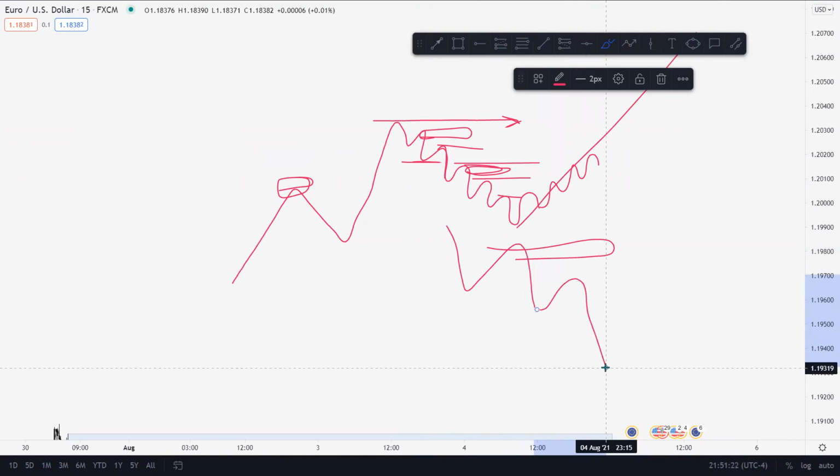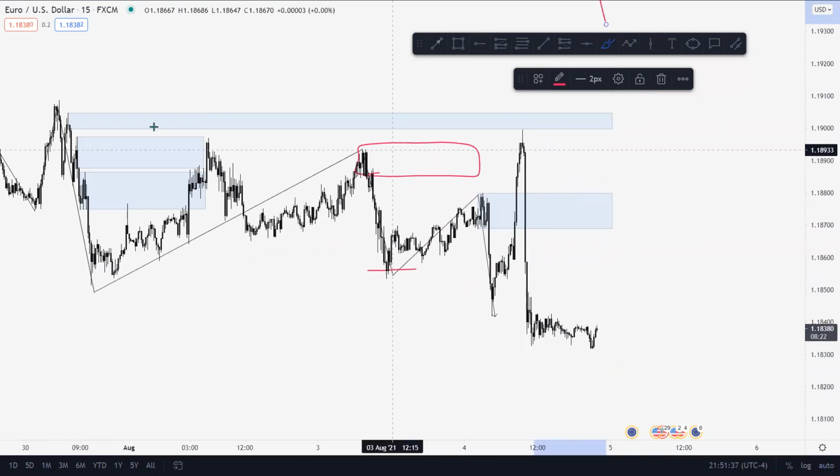So that's the point, guys. That's what I want to drive home. You may see an EU trade like this and think it's good because supply and demand is great, which it honestly is, but don't take it against structure, and don't just place it at random levels. I guarantee you someone today took this because that was a too clean 15-minute doji, and they were like, oh, I'm placing an order there, and they probably had a great trade. But in the long run, do not take trades like this.